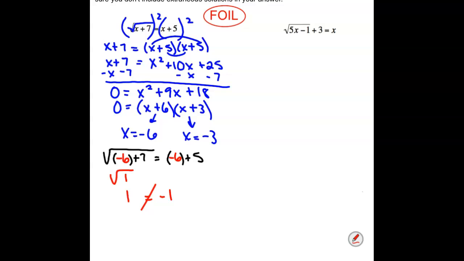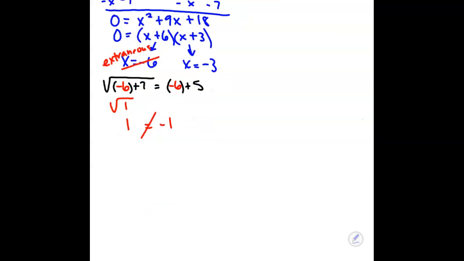That does not work out. The two sides are not equal. So this is an extraneous solution. We do not want to include it in our final answer. If we're checking the second option, x being -3,